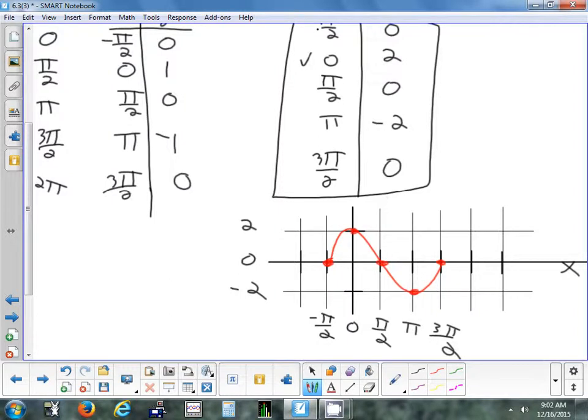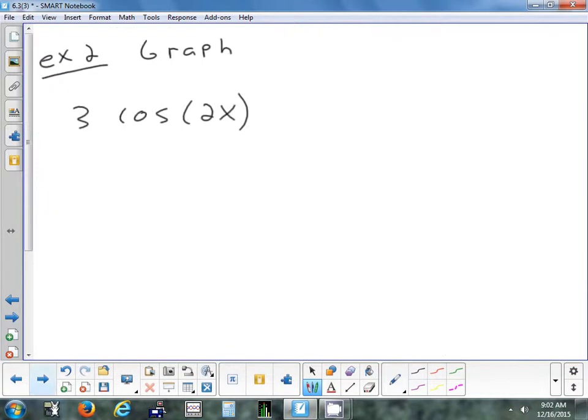So that's x, that's y. Okay, I think it can be a little hard to see my axes, but I tried to make those slightly darker, a thicker line. But I'll label them too so you can see my axes. Okay, so any question on that one? All right, let's try